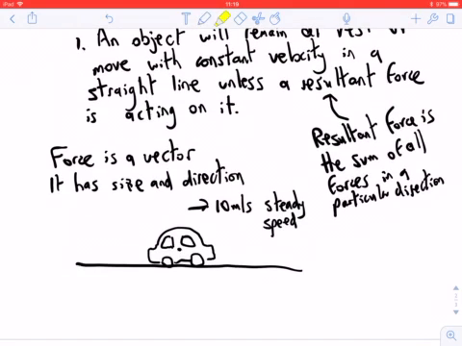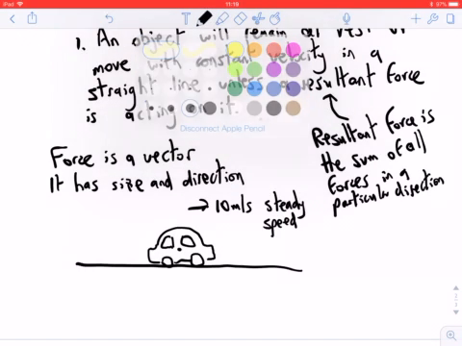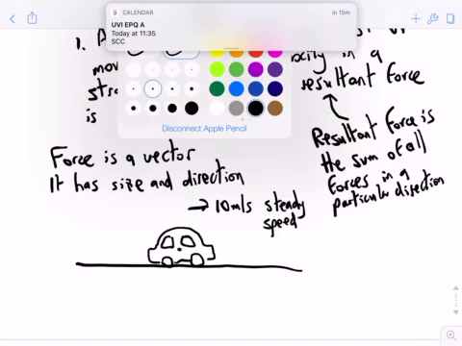Okay, so let's first of all put some forces on there. The forces in this case are the weight downwards,